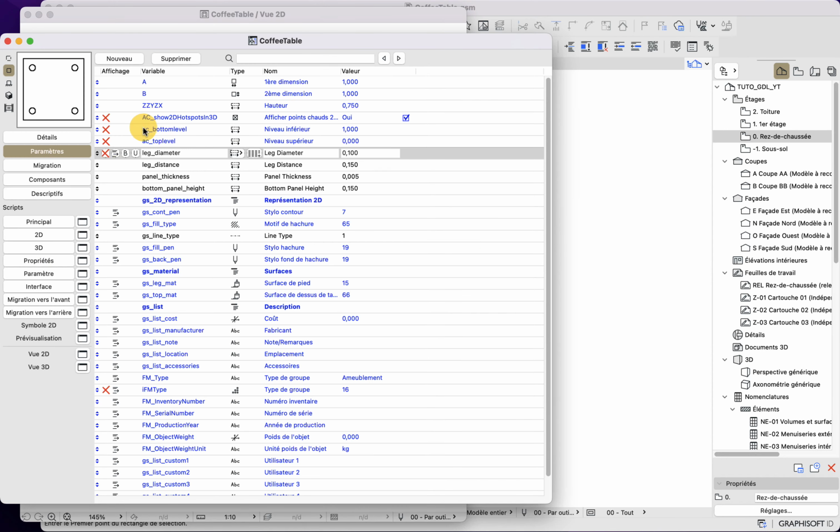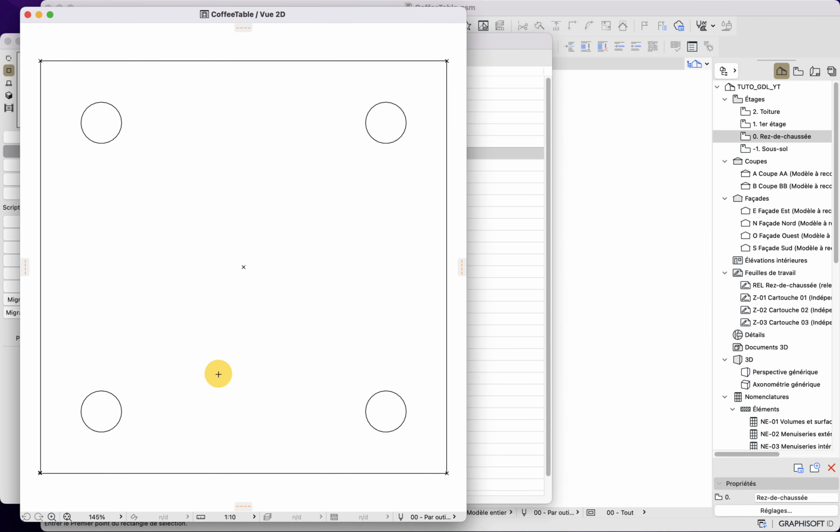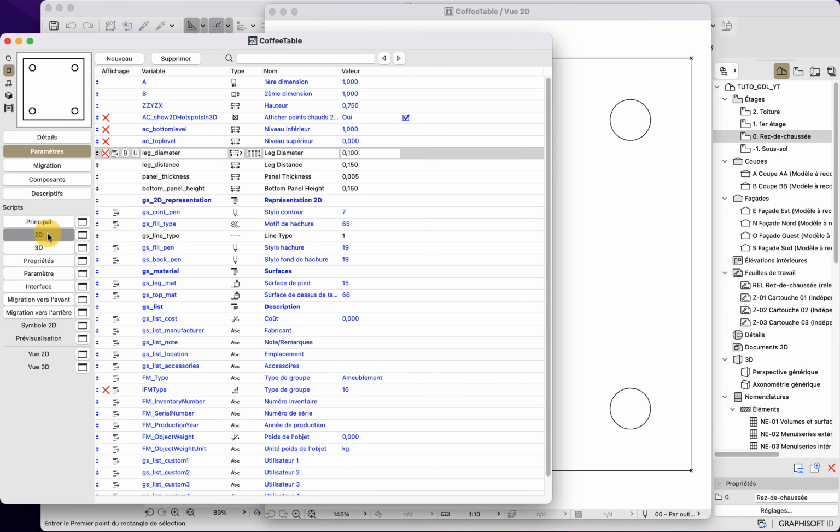So let's go back to the coordinate system concept in order to understand it a bit better. I will take this brush here, and basically by default the local coordinate system is aligned with the global coordinate system. All of the axes follow the same direction. Let me go back here with my 2D scripts.